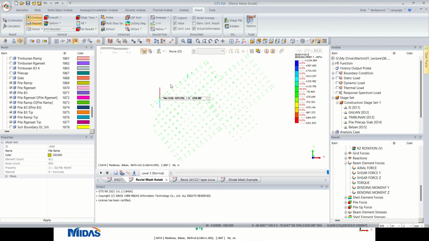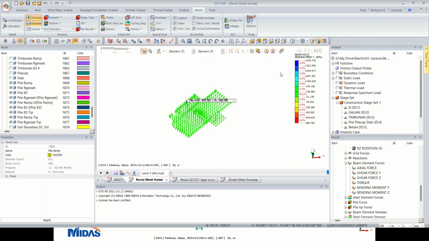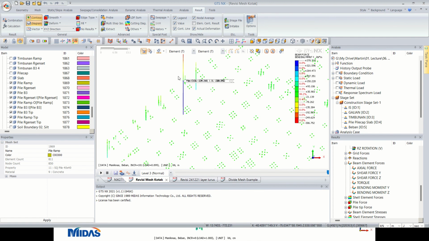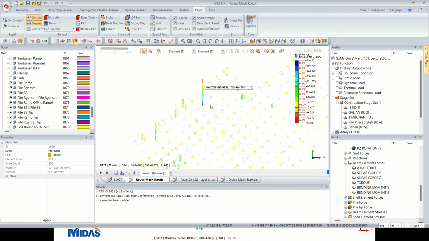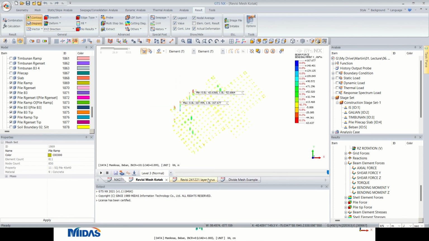But let's say I don't want to see this part, because I want to take a look at the others. Okay, this one I hide, and let's see. Usually those at the edge will be much bigger because it is near the sloping area. Let me hide again. I want to take a look at those at the center. But as you hide more and more piles, as you can see, the bending moment here is getting smaller. So now let us compare again. So it is still bigger.